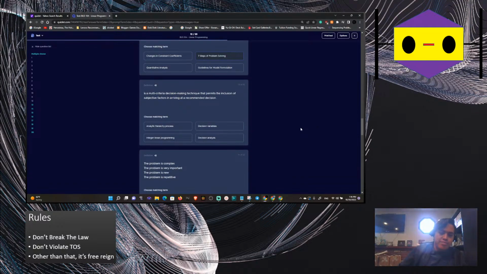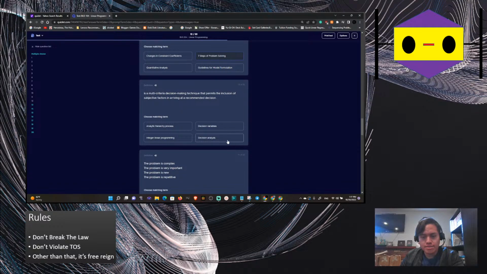It's a multi-criteria decision-making technique that permits the inclusion of subjective factors in arriving at the recommended decision. That is the